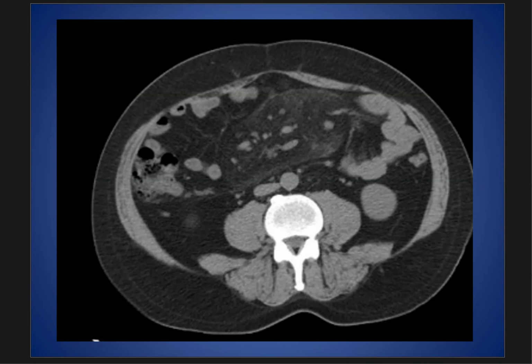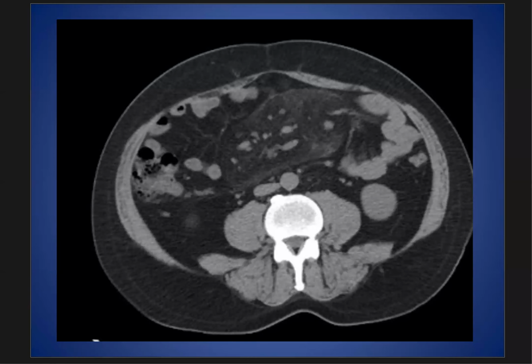The etiology of sclerosing mesenteritis is unclear, but it may be, as we said, presented with abdominal pain,